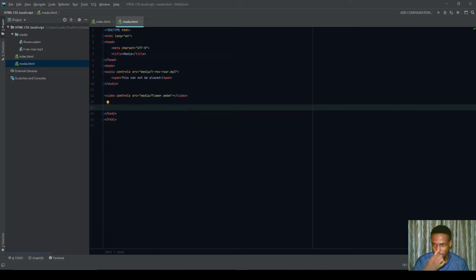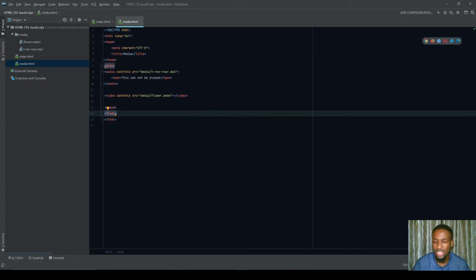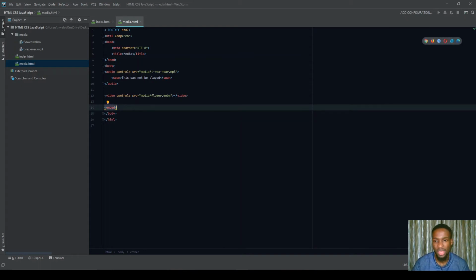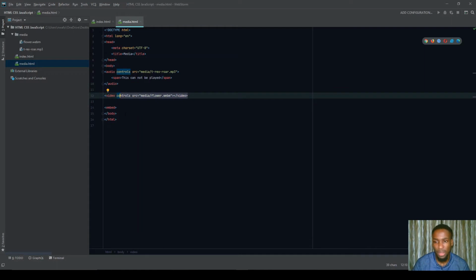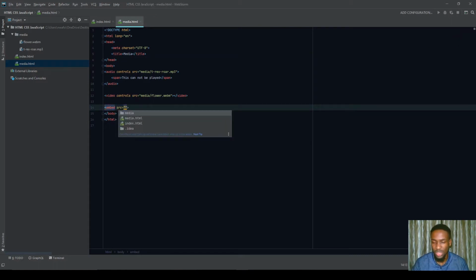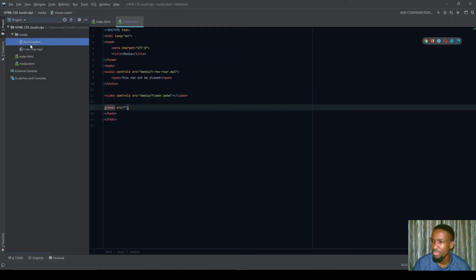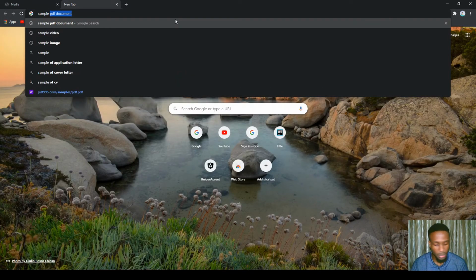To do this, we're going to come over here, then we'll say embed, and we close this. Now, if you notice, embed has no closing tag, unlike video and audio. Embed has no closing tag. So we're going to come over here, then we go to source. We're going to say what's the source, the location of the file we want to embed. For now, I don't really have any PDF file here, so I'm just going to get one PDF file from Google. So I'm going to say sample PDF documents,